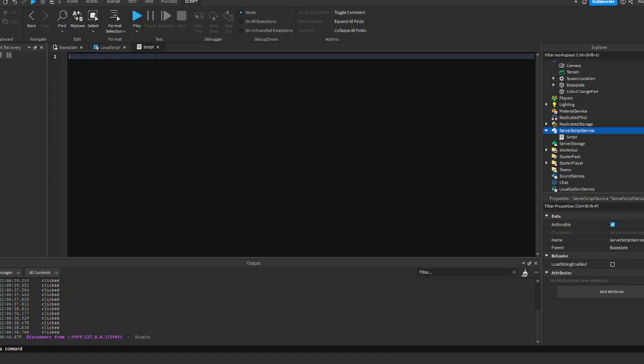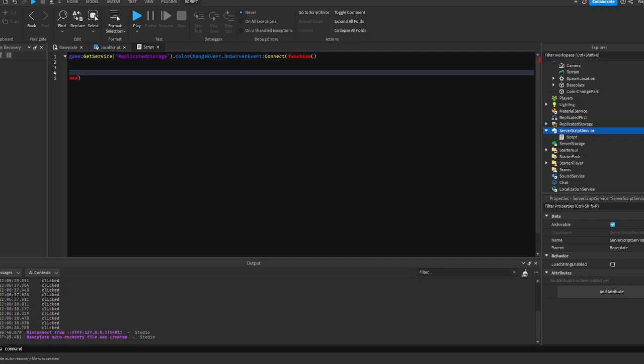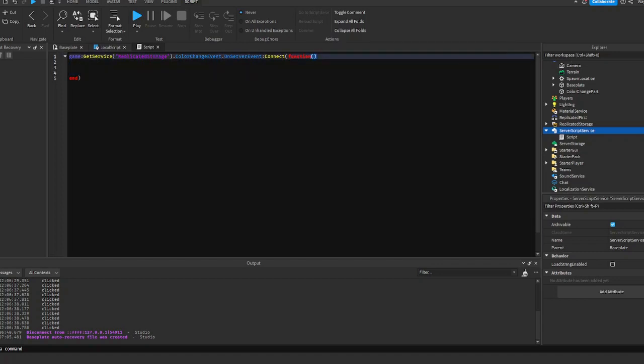Now, we're going to go with game:GetService("ReplicatedStorage").ColorChangeEvent.OnServerEvent:Connect(function). When you're doing remote events, it requires you to put in a player variable, so we're going to put in player there, PLR for player, and color. This is going to be the color variable we send, and the player is just the player who sends it. So if we want to say print